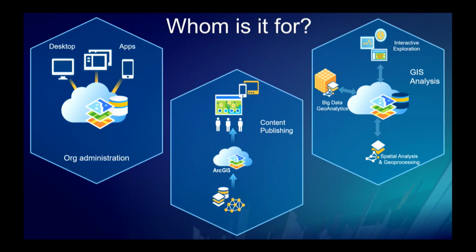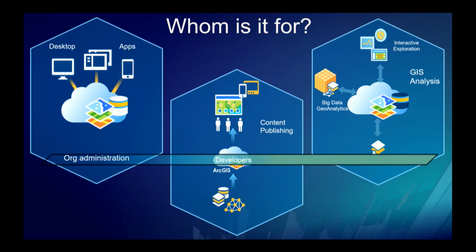And then, of course, as we start to explore and encounter other data sets, whether they're small or large, you want the ability to do other analysis, right? Things such as geoanalytics, large vector data spread across many nodes. You can call the Python API and do that. Same thing with raster analysis. There's a module built for that. And then, of course, we have to support spatial analysis and other kinds of GP tasks, okay? And then, of course, a developer can tie into all those different ones and exploit the various capabilities they need